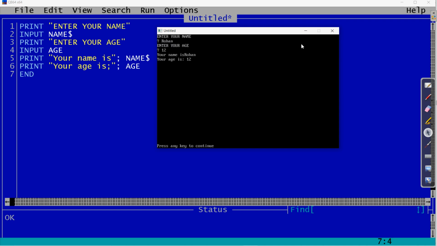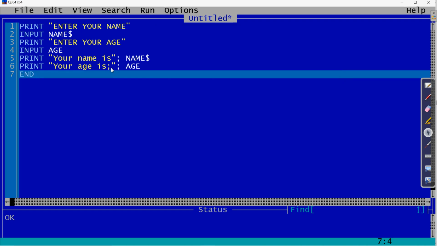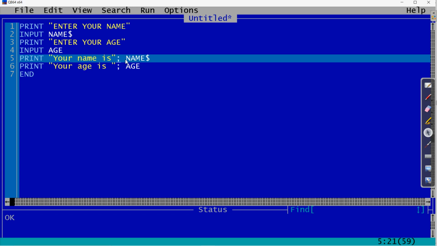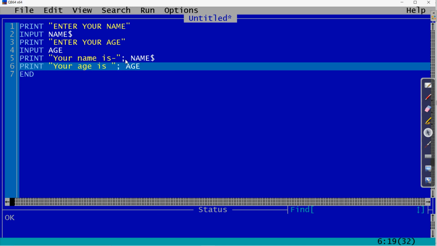We can erase this. Okay, now let us try it once again. So here you can see there was an extra semicolon, that is why it was giving you the same while printing. You can use any semicolon, any other symbol if we want in the double quotes. All which you want to be printed, that should be in the double quotes. Clear? So here we have written this, then it will give you the similar output.